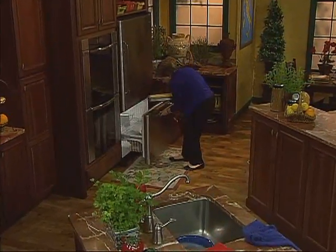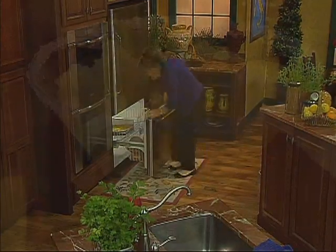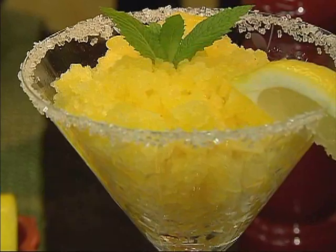Refreshing, delicious, and inexpensive. Really refreshing granita. Today, we made it with oranges